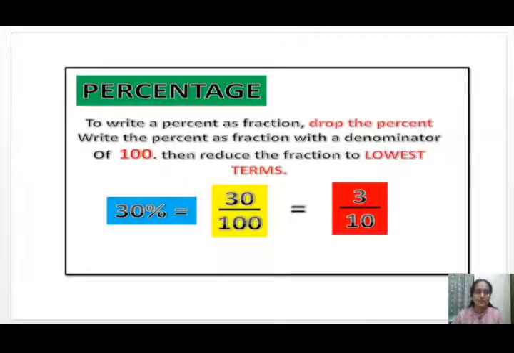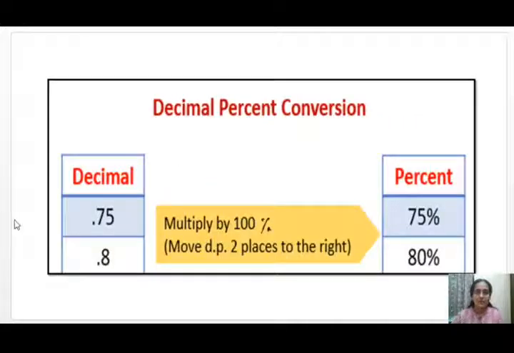Let us look into the previous slide only. Yeah, when 0.8 is multiplied by 100, how much will the decimal point move? It has to move 2 digits, right? 1 digit is over, it has to move 1 more digit. Nothing is here, so write 0. You will get 80%.